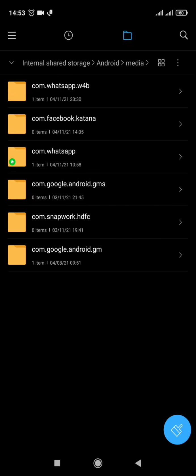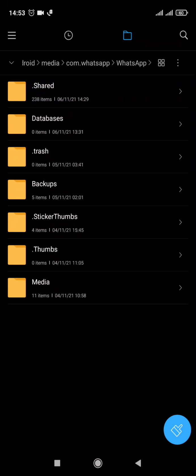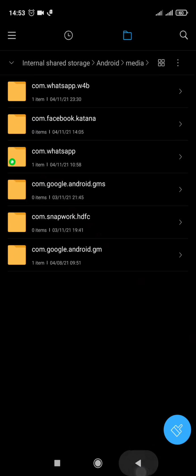Click on this Android media. Now you can see here com.whatsapp. Click on this WhatsApp, and under this there is a folder called WhatsApp. Here you will see all the folders which we have seen on the root of the internal storage. So what you have to do is, let me go back